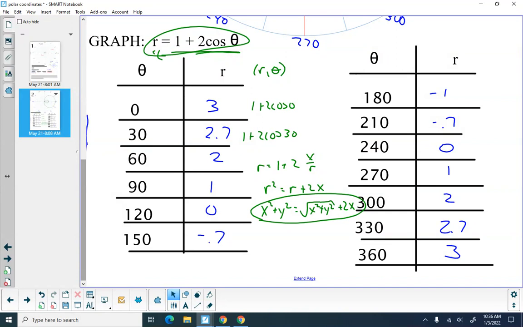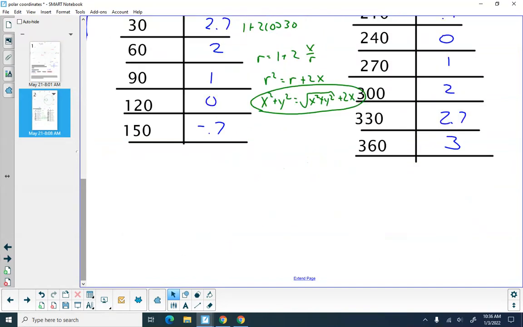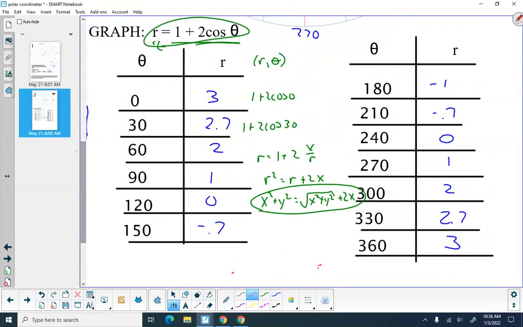Now, when you get to the 3-leaved roses and the 4-leaved roses, most of your graphs you'll be able to go 30, 60, 90, 120, and so on. But what happens with the 3-leaved roses and the 4-leaved roses is if you use 30, 60, 90, 120, you're going to go from here to here to here to here, and this will just continue to repeat itself throughout the entire 0 to 360. What you have to do when you start getting something like that